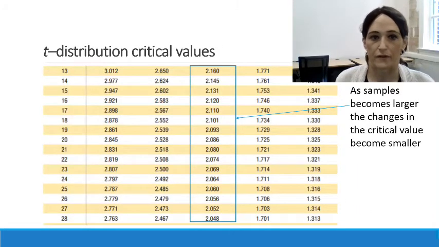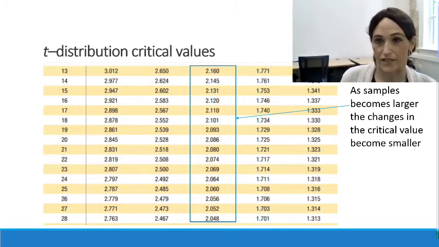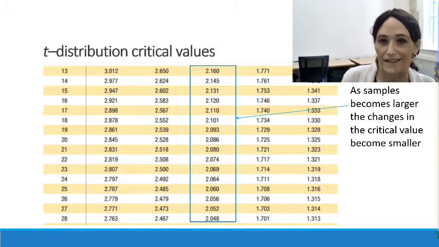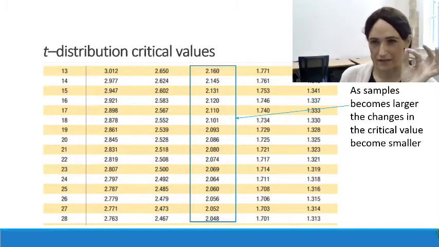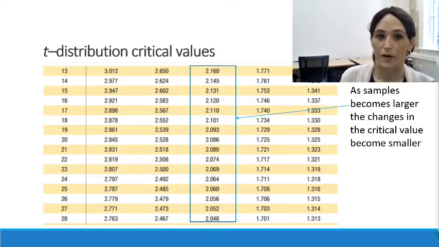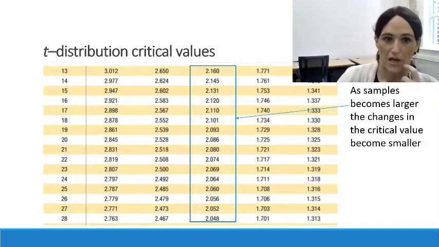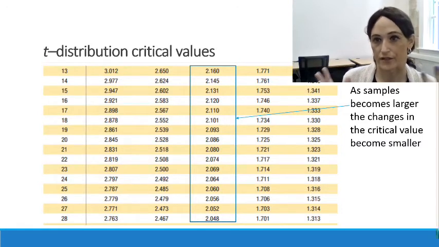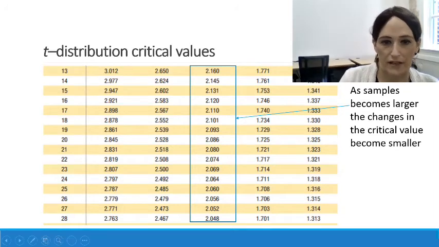And so you'll notice if we even jump between sample size or degrees of freedom of 13 to 28, there's just a very small incremental change in that critical value as we get larger and larger populations. At this point, when we're going up to sample size of 30, we still want to look this value up. This is going to be our way of precisely calculating confidence intervals or performing t-tests. And as we get larger samples, this value here of